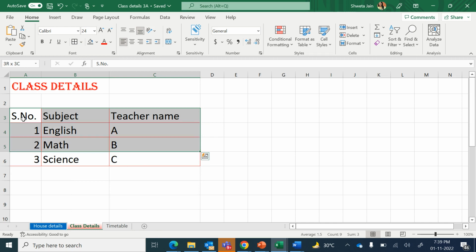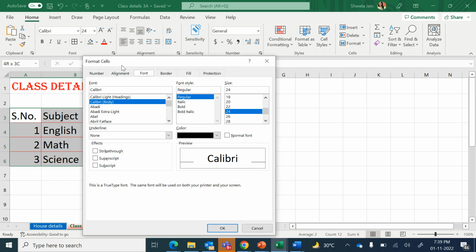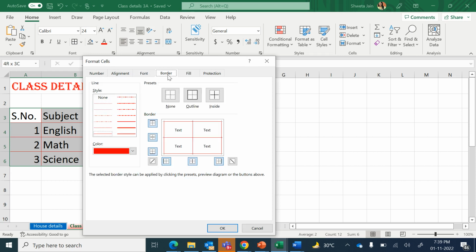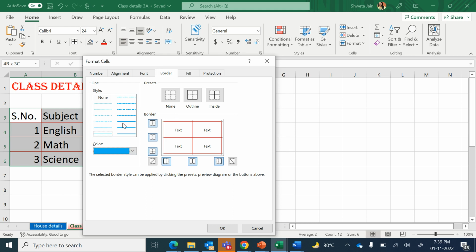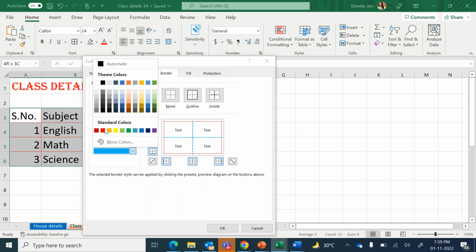Now again, if I select the cells and I click here on the font settings button, it will expand into the format cells window. And when I click on the border tab here, I can choose a color for the lines. So I can decide what is the color of the lines I want, and then also I can choose the style of the lines. Out of these, I want dotted lines supposedly, and I want those dotted lines inside the cells. Between the cells, I want the dotted lines, and at the border, I want a